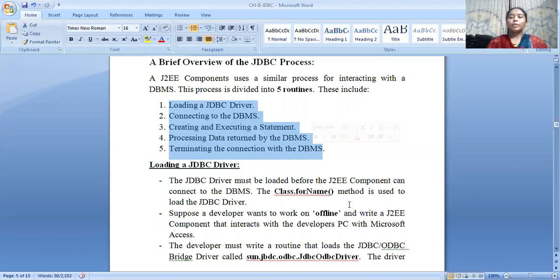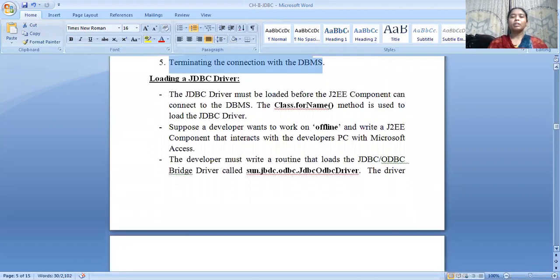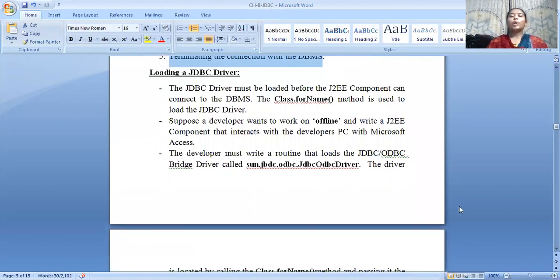So coming to the first step, loading a JDBC driver. How do you load a JDBC driver? The JDBC driver is a mediator between the J2EE component and the DBMS. There is a method called Class.forName. This is not a user-defined method; it is a predefined method.